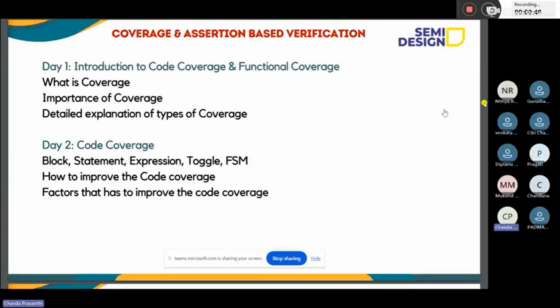The first day we are going to discuss an introduction to code coverage and functional coverage. In those subtopics: what is meant by coverage, the importance of coverage, and a detailed explanation of the different types of coverage.